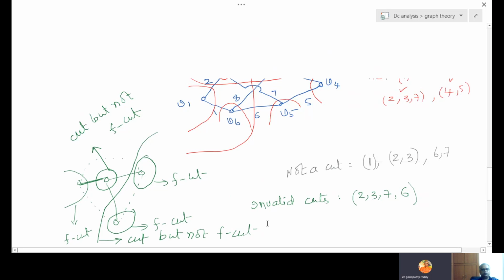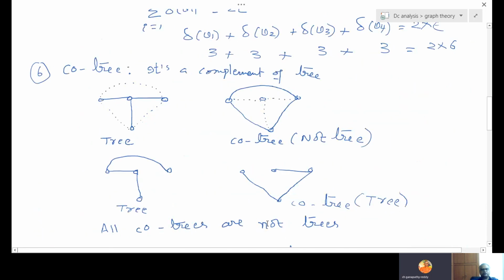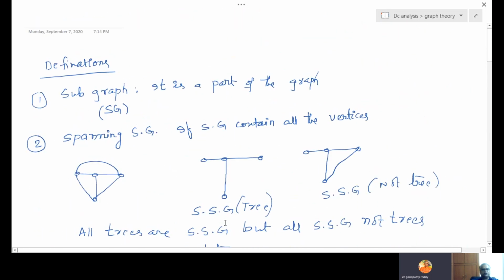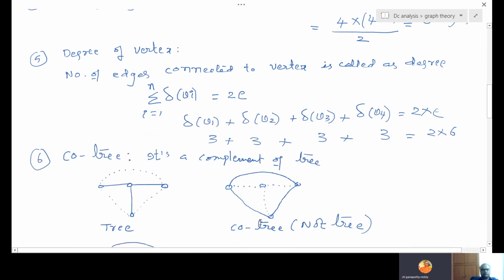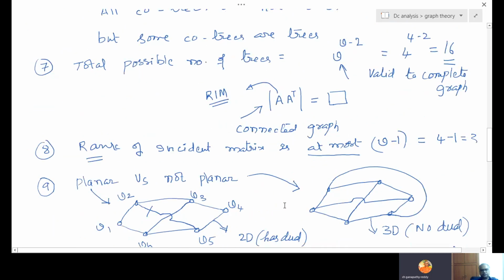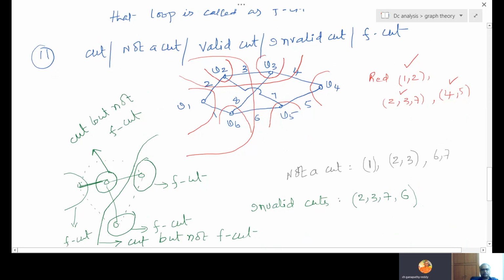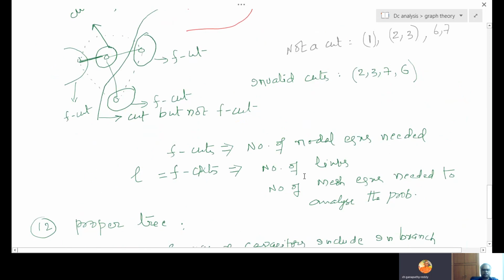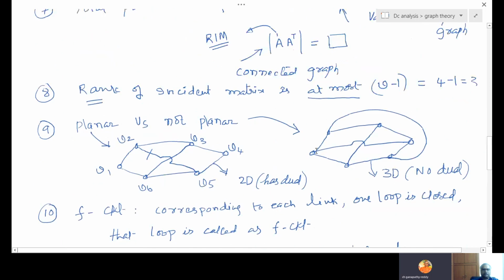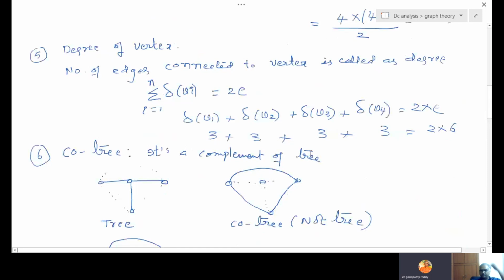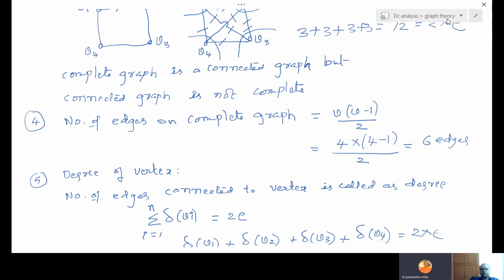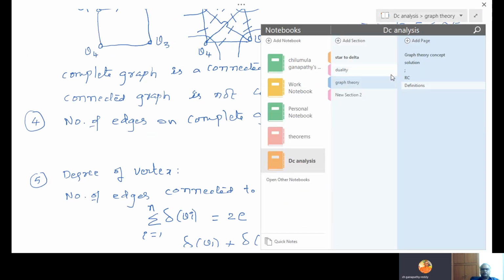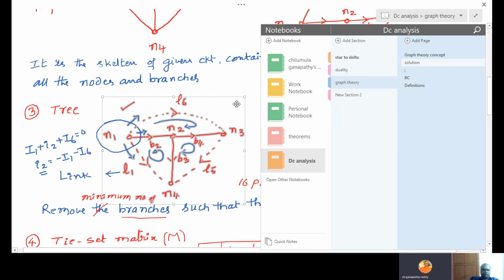So these are the standard 12 definitions. All these 12 definitions are taken from the textbook. These definitions are important. Tie set, cut set, schedule are important. Notations used in different books are also important. The advantage of this graph theory is that when the problem size is bigger, more equations will come. When more equations are there, it is manually difficult to solve. Using a computer, using a machine, we can easily solve.